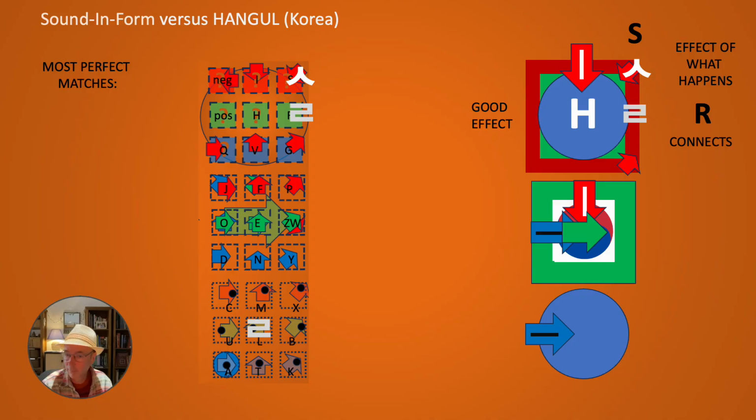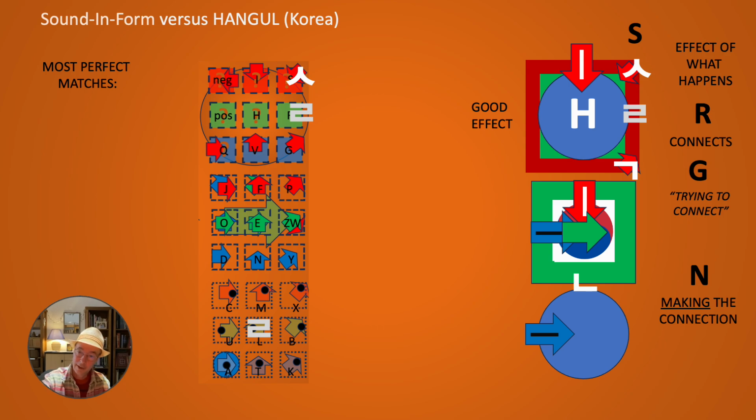The good effect we have as a match as the letter H there. So everything which is in the contextual frame, which you say, I know how it matches, that's the letter H. Where it connects is with the letter R. The G is a little bit like trying to connect to that system. And that G has a counterbalance in the, if you see the design, so that G is going towards heaven, the N is the other way around. It's going into the process of making the connection in the timed process.